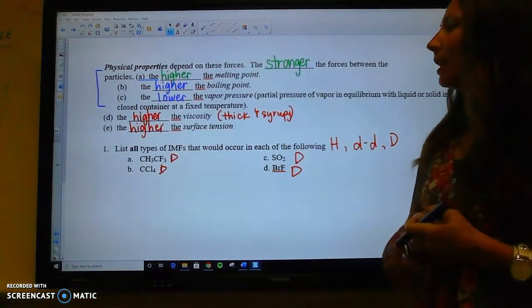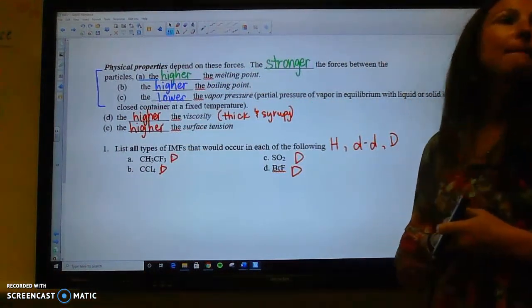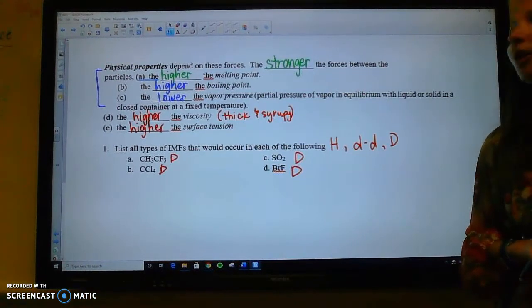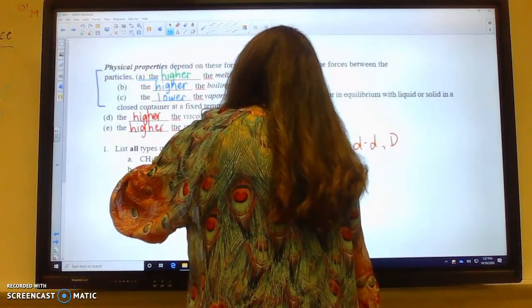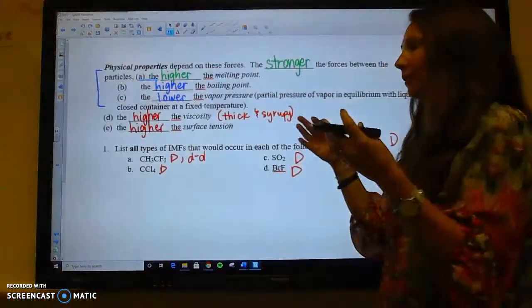Do we have a dipole-dipole in letter A? Do you have things that are polar covalent? Yes, we do. Okay. Letter B, you have